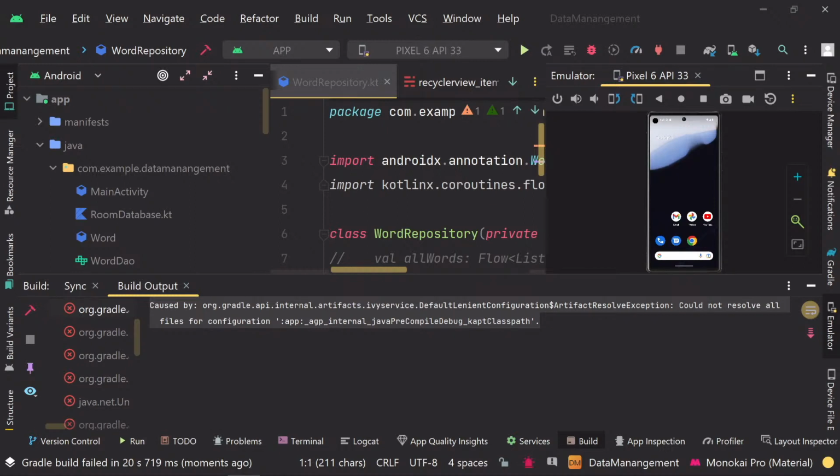So yeah, we'll check that part as well, not now. As of now, you can see that the activity in every file is working fine, but the only problem which we are facing over here is